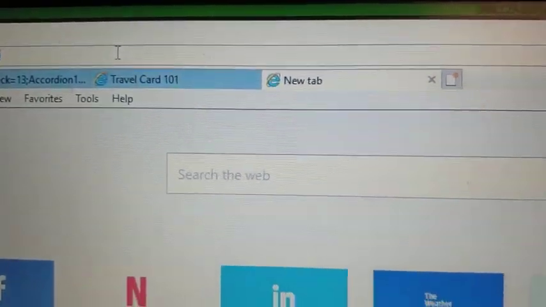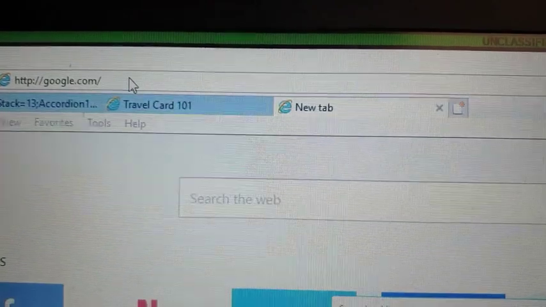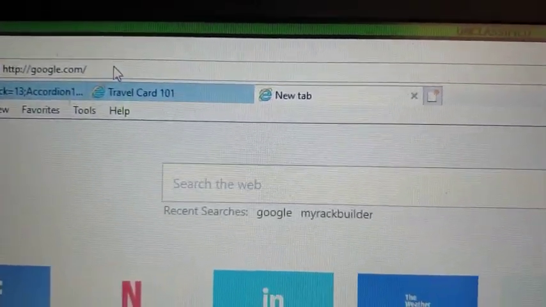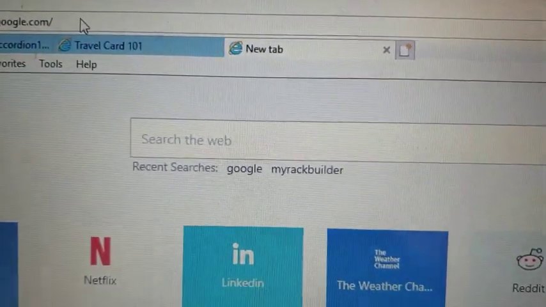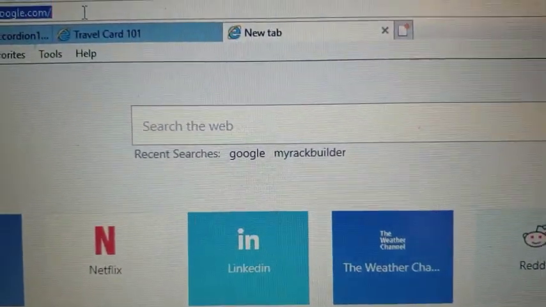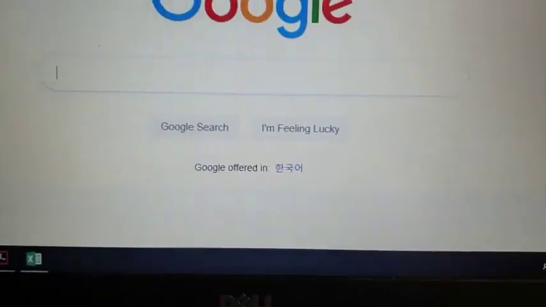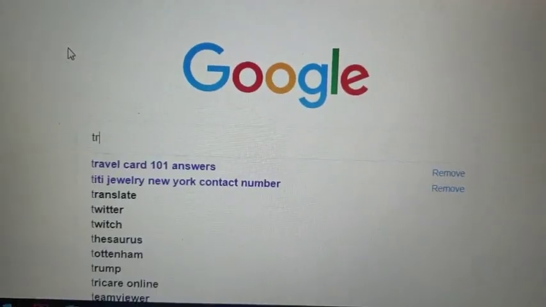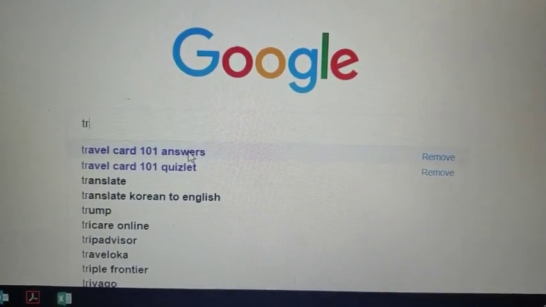I go over to this paper icon, click on that, go up top. Sometimes my computer acts a little slow. Type in Google. Once Google pops up,